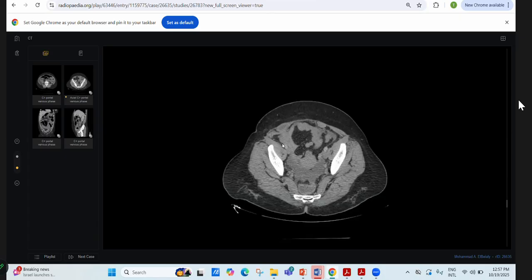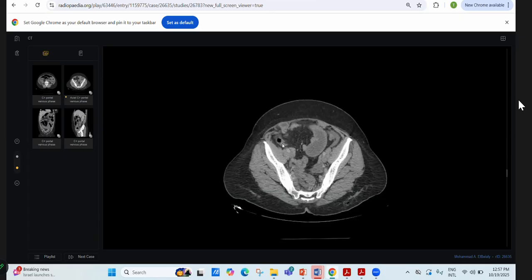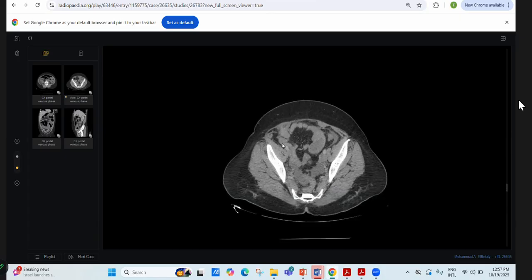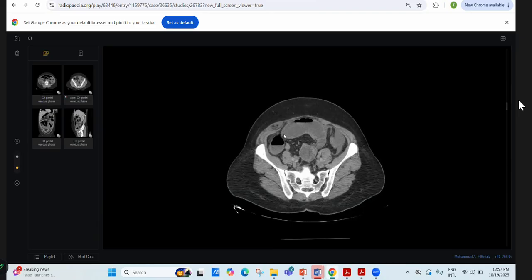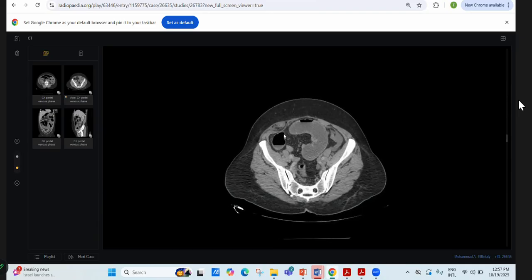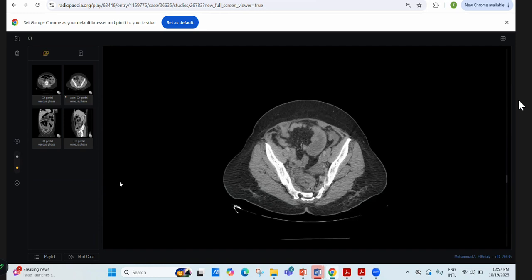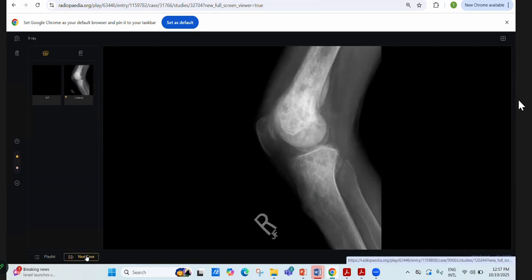So if the bowel loop is going there and causing the bowel obstruction, what is the diagnosis? Ma'am, this is likely an incarcerated small bowel anterior abdominal wall hernia. What is the name of this? We'll come back to this. And how will you tackle this case further now? What are you going to do if there's bowel obstruction? Ma'am, I will immediately inform the finding to the referring physician, and this patient requires immediate surgical consultation to prevent bowel ischemia and further